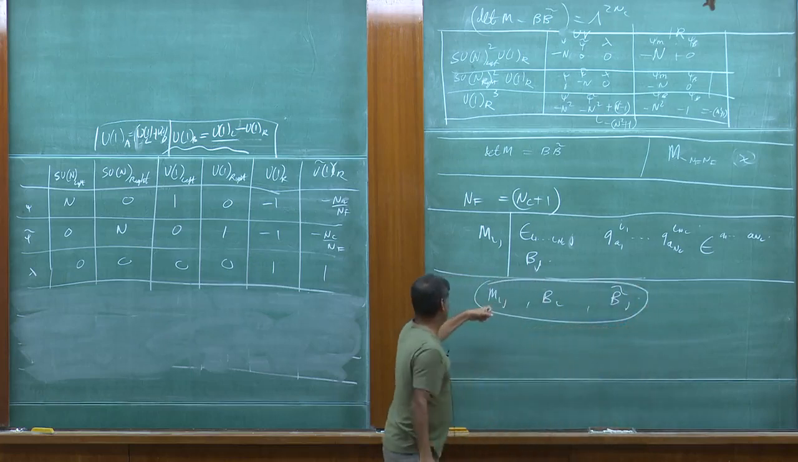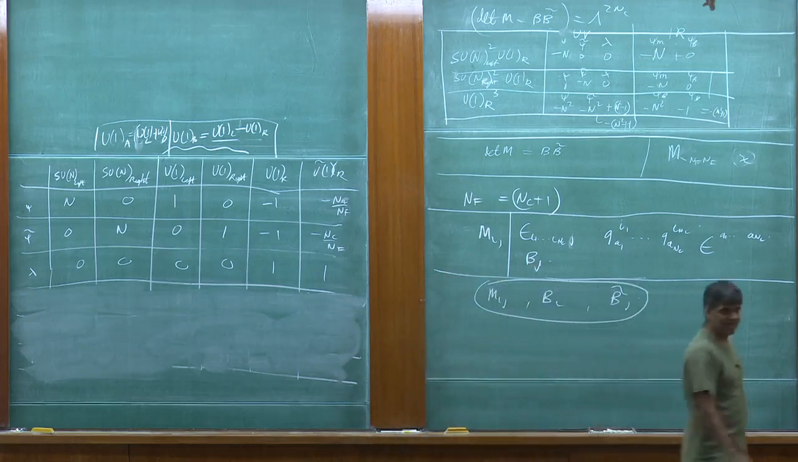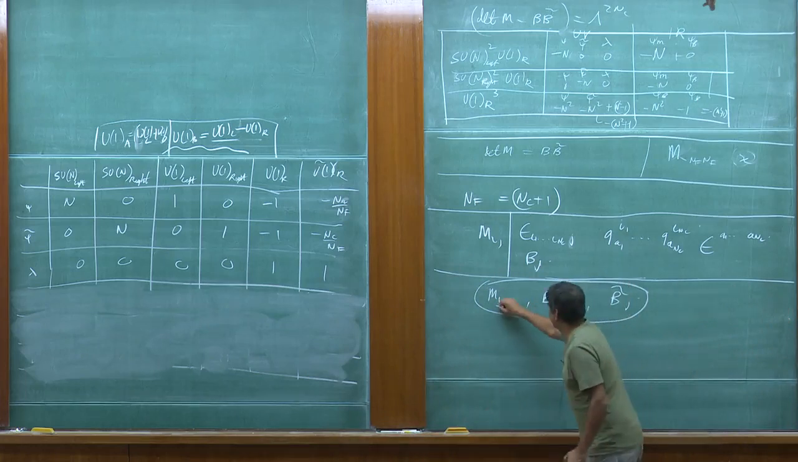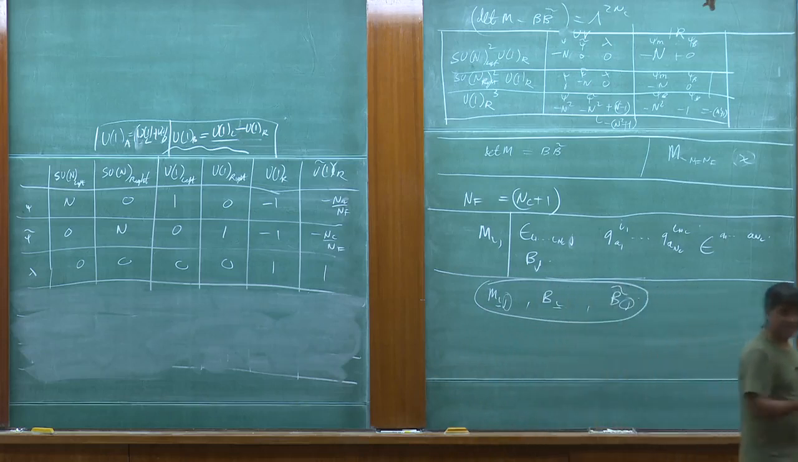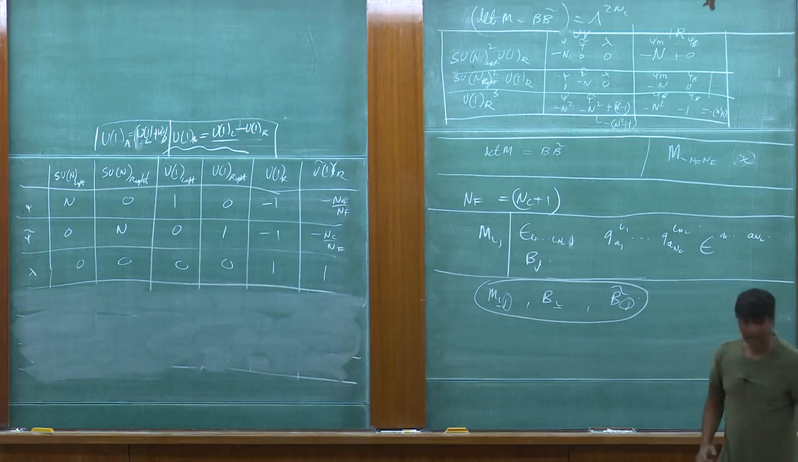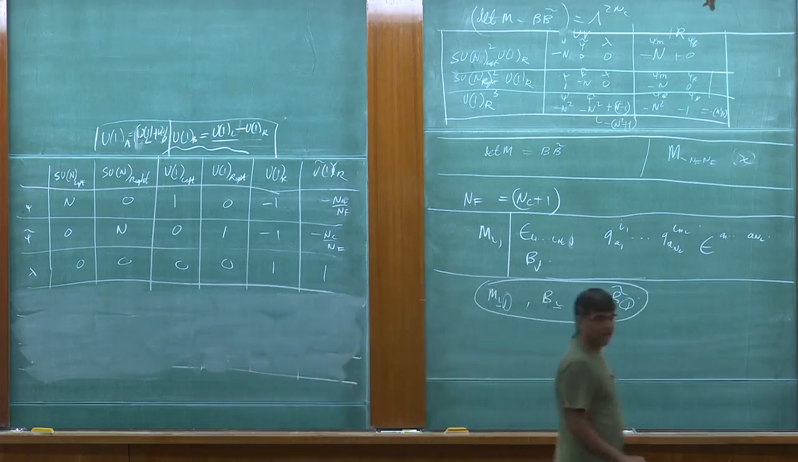Okay, these guys transform under the left SU(N_F), the left flavor symmetry, and these transform under the right flavor symmetry. Now, the first question we can ask ourselves is the following. Are these fields completely independent of each other? Or are there constraints, which are the analogs of the classical constraints that we had last time,